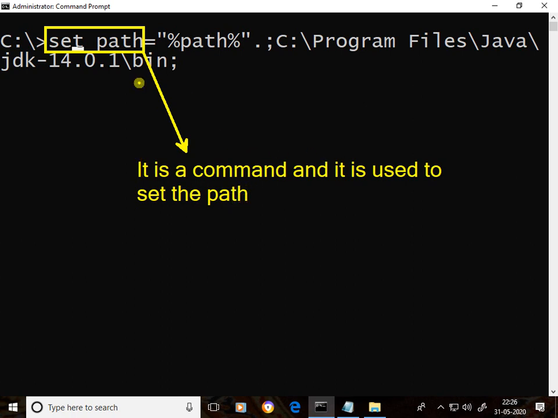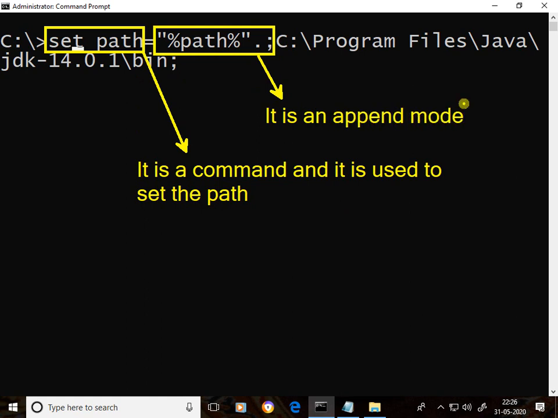This %path% is append mode. Append mode means in our system so many other software are present, and those software's paths are also present. For those software paths, this path is appended if you write like this. That's what is called append mode.